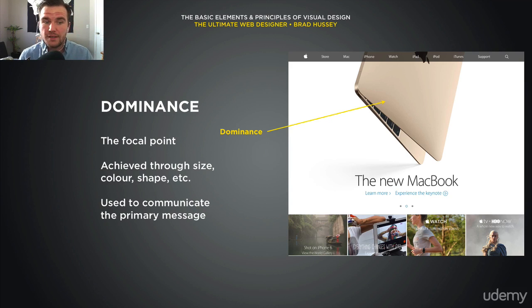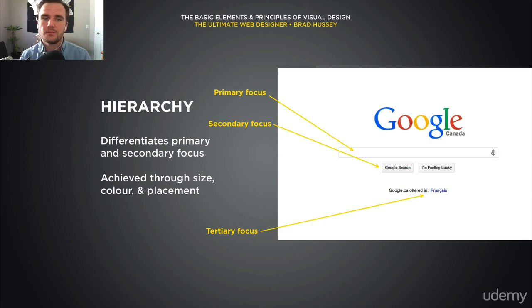Dominance is the focal point achieved through size, color, shape, and so on and so forth, and is used to communicate the primary message. Here again with the homepage of the Apple website, the new gold MacBook obviously has dominance over this page. Hierarchy differentiates primary and secondary focus and is achieved through size, color, and